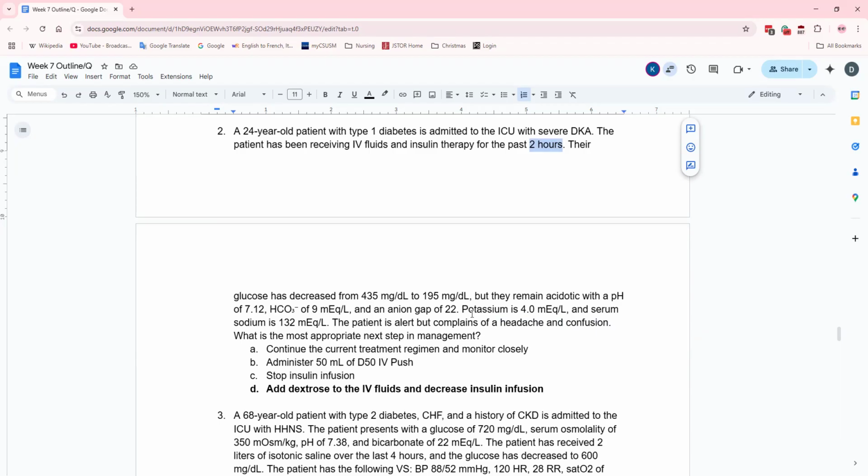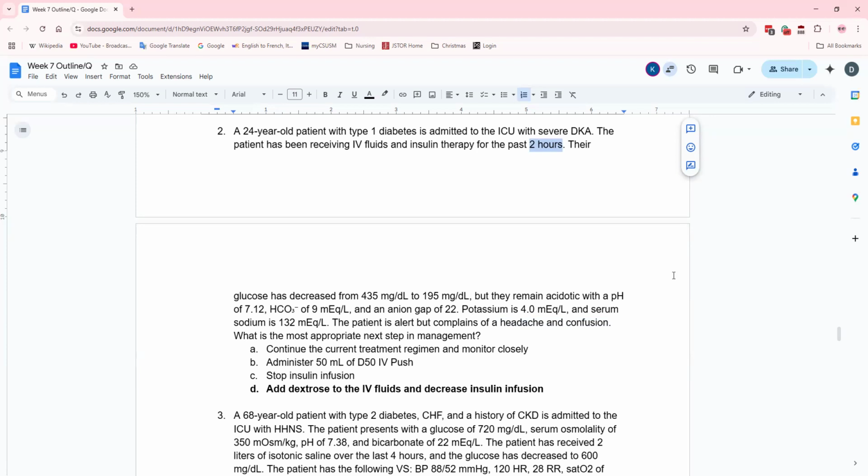Another way, on top of decreasing the insulin, to help with the fluid shifts is to actually give them a little bit of sugar, even though it sounds unintuitive. The idea is you're adding a little bit of osmolarity back to the intravascular space so that the fluid shifts aren't as quick, to keep the fluids from shifting too much into the head. Make sense? Questions?